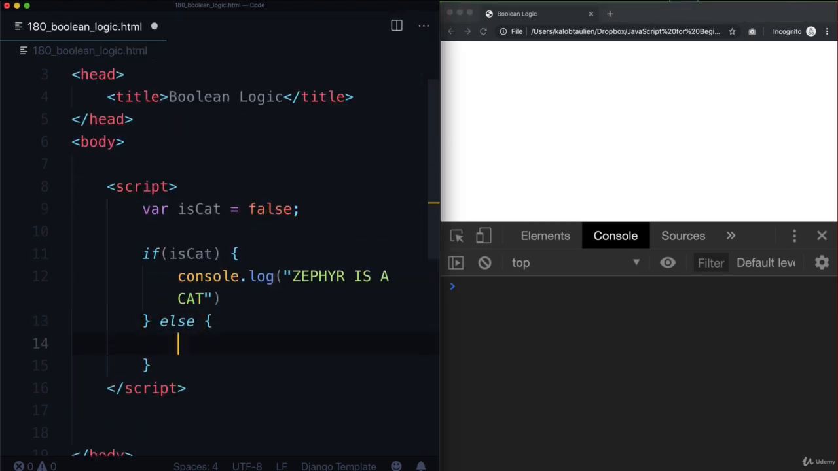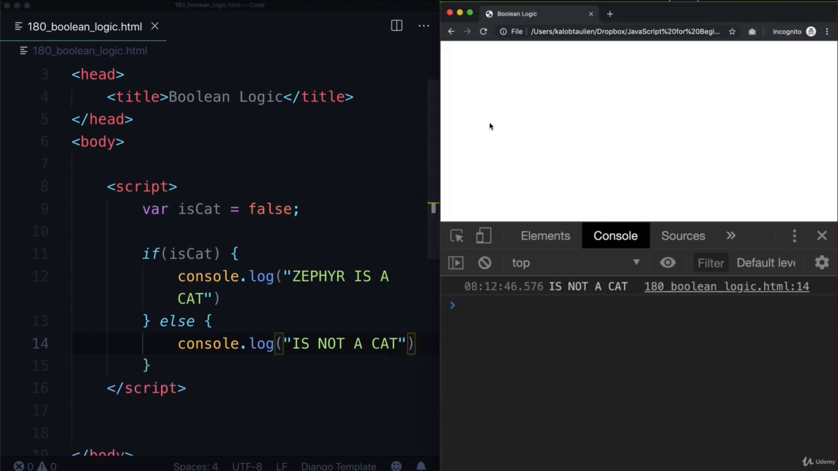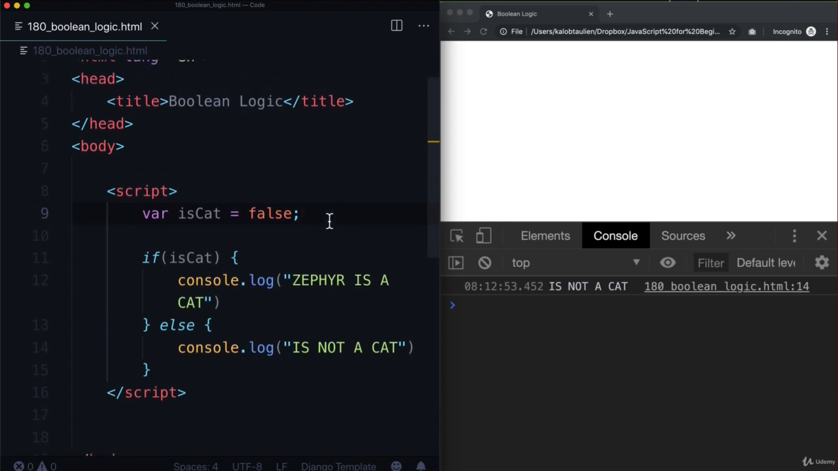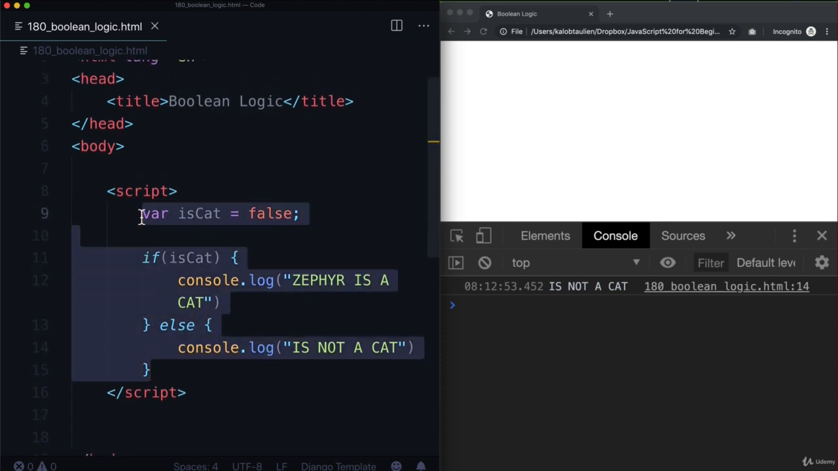However, because we know about the else statement, we can now say console.log, is not a cat. And there we go. And now we can just toggle that. True and false. Is a cat? Is not a cat. We could even get a lot more complicated with this if we wanted to,